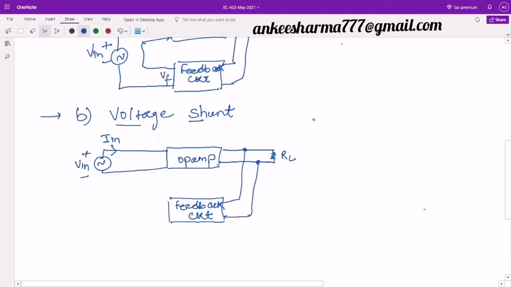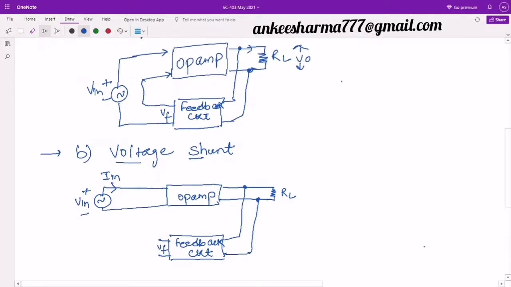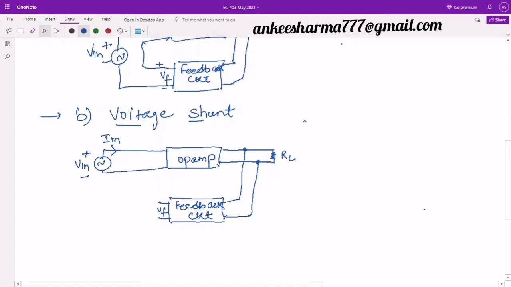Second is again shunt. Shunt means parallel. It means whatever output I am getting from this feedback circuit, which I told you earlier is equal to VF, is now sent in the shunt. Earlier it was sent in series. So in series, what was happening with VF and Vin, if I write here positive negative, you can see that these two are adding or subtracting each other, plus minus will be there. It means they are connected in series. But now here I am saying that this must be connected in parallel, because shunt is there. So when I have to connect it in parallel, definitely I will make a connection like this. So this will be the block diagram of my voltage shunt.